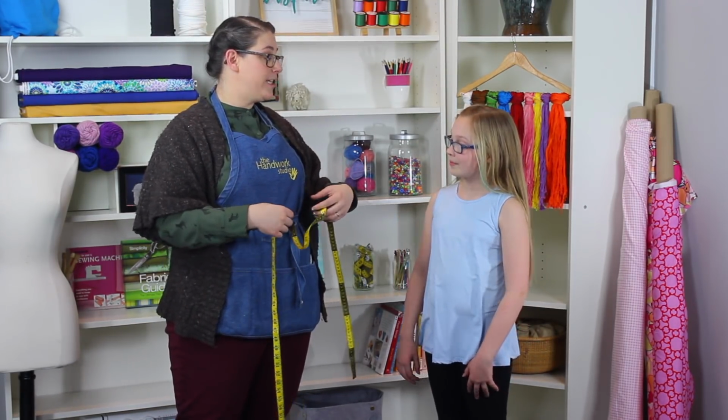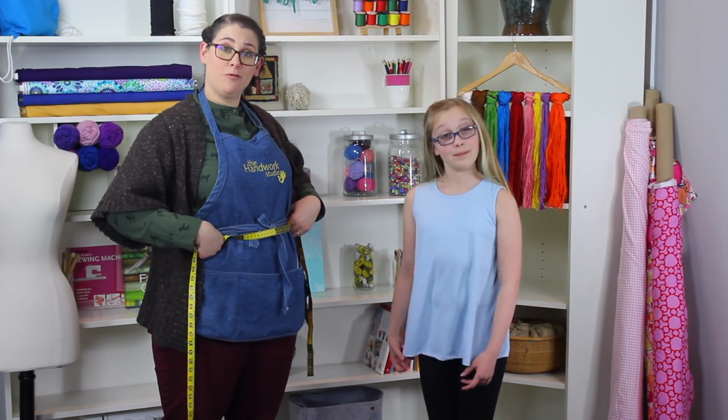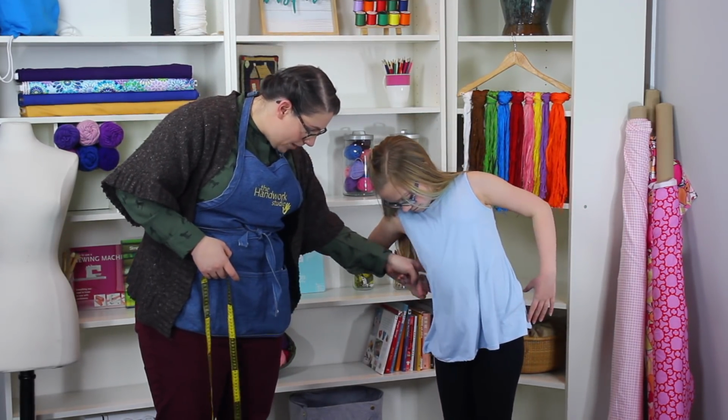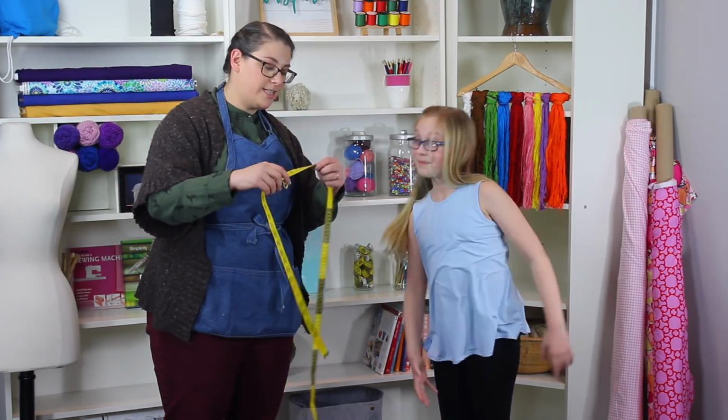So Anna, what we need to do is measure around your waist. To find your waist, people don't realize it's a little higher than most think. If you bend to the side, where you find the natural bend is the natural waistline. I'm going to take the tape measure,